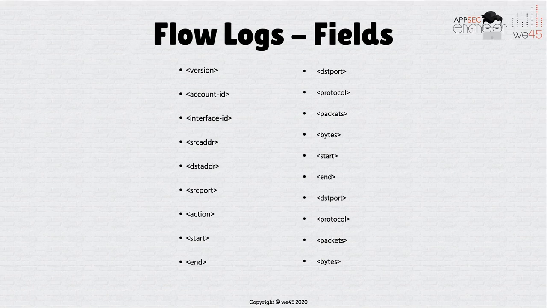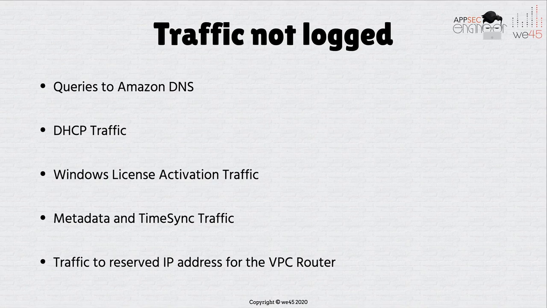Now, there is also certain IP traffic that is not captured. This is layer 3 stuff. Things like DNS queries to the Amazon DNS service are not captured. DHCP traffic, when it's trying to create leases on the network itself, is not captured. When a Windows server that you deploy inside AWS is talking to the license activation service, it's not captured. Another thing that's also not captured is access to the metadata URL. We've been speaking about metadata in the EC2 segment, where you can access the 169.254.169.254 service. That traffic is not captured here.